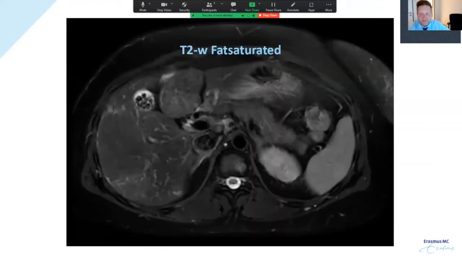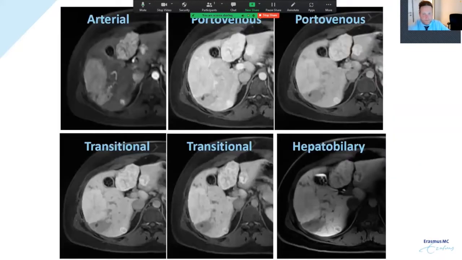There are multiple lesions in the liver, but they all seem to be quite isointense to the surrounding liver. So the differential would be FNH, adenoma, or HCC. Now on the dynamic phases after Primovist, they all are hypervascular in the arterial phase. One shows washout or pseudo washout, and all the other lesions show uptake in the hepatobiliary phase. And in the lesions which are hyperintense in the hepatobiliary phase, they show scar tissue which doesn't show any uptake. So this could conclude all the lesions are FNH except the hypointense lesion, which appears to be an adenoma. However,